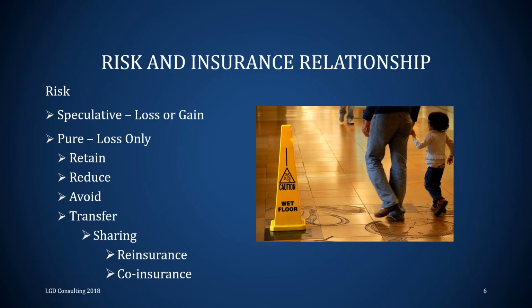Avoid risk, well, you don't like earthquakes, you don't want to live here, fine. Sell your house and move to some place where there are no fault lines. That's avoiding risk. Maybe getting rid of your car so you'll never get into an auto accident because you don't have one. So that's avoiding risk. Maybe not participate in high-risk hobbies.